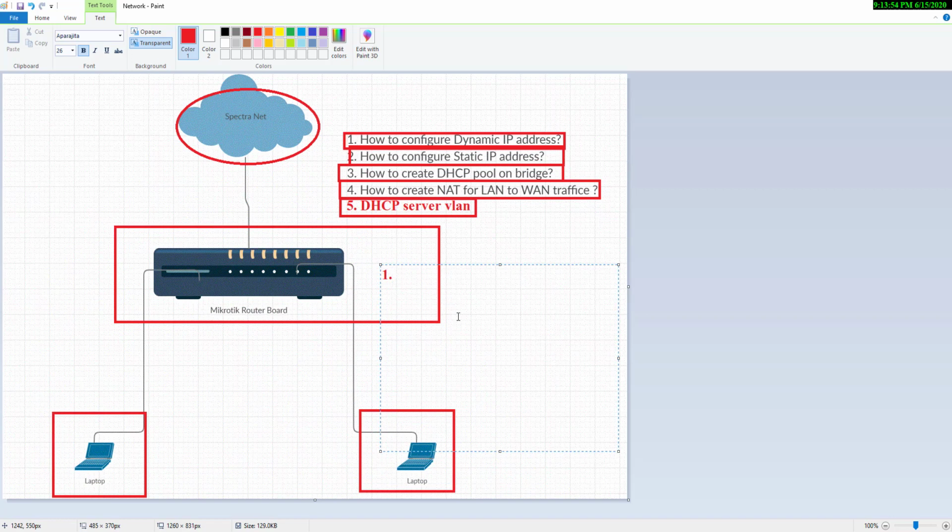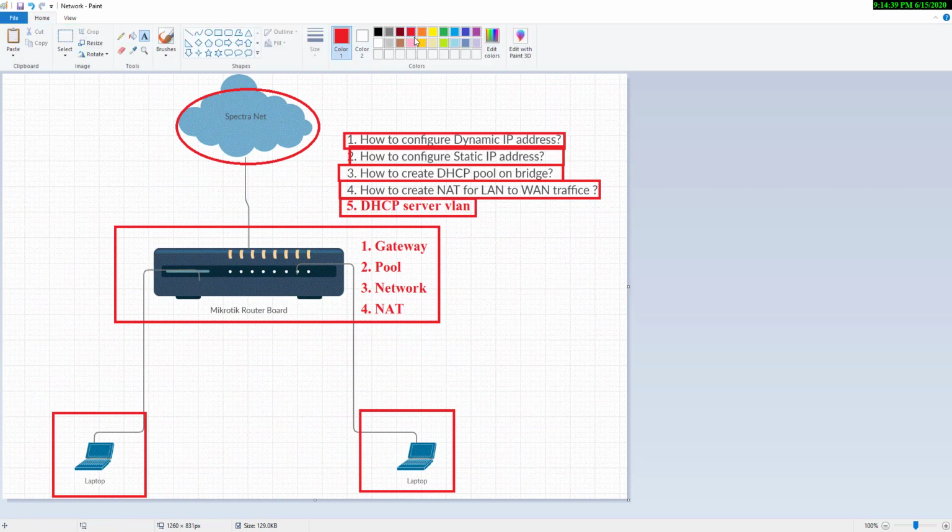First will be gateway, second will be pool, third will be network, and fourth will be netting. Okay, you have to follow these 4 steps for every firewall. So let's have a look.